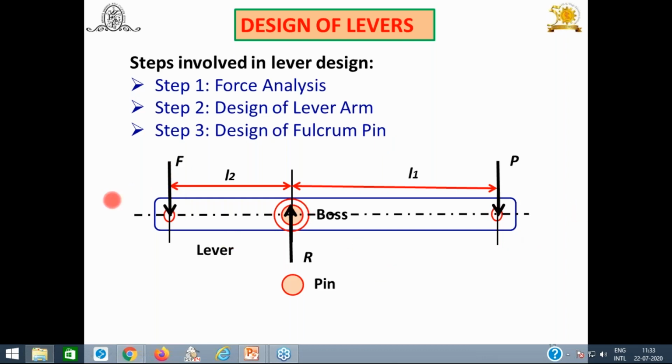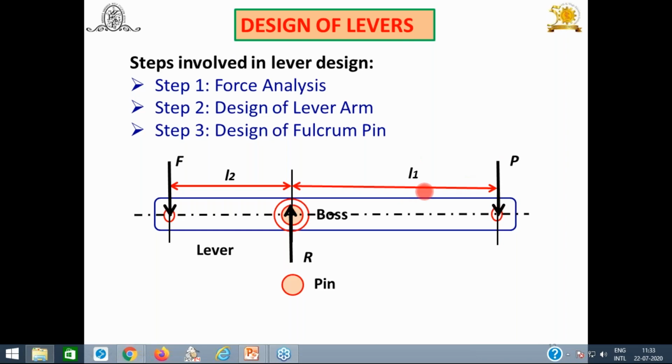I would like to explain. This diagram we are going to use is a simple one. It's a lever. In this case, this P which is shown, P is nothing but the effort, or you can say P is the input force. F is the output, or F is also known as the force or a load. P is the effort. The distance of this P, and P should be perpendicular.